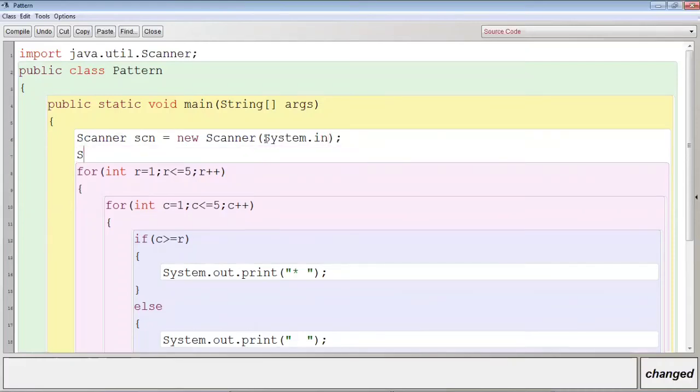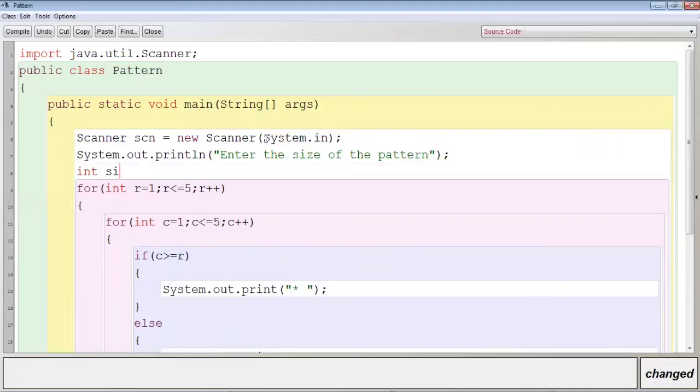Let me display the message System.out.println, enter the size of the pattern. Int size is equal to scn dot nextInt.